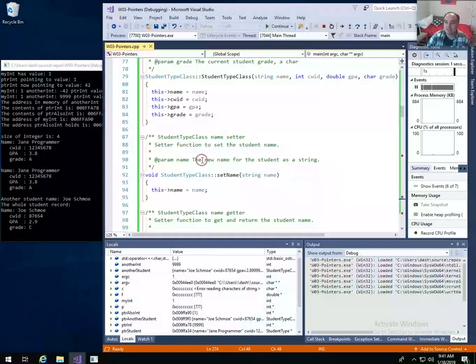What's actually being passed into member functions is a pointer variable. And the pointer variable has the variable name this, okay? So if you see code like this, and I used it on purpose in this example so you could see, this is a pointer to the particular student type class that we called the member function on. So I can use this pointing to name, just like we did just a moment ago down in the main function,